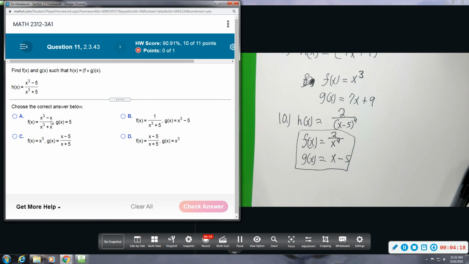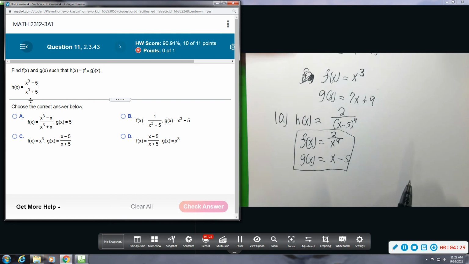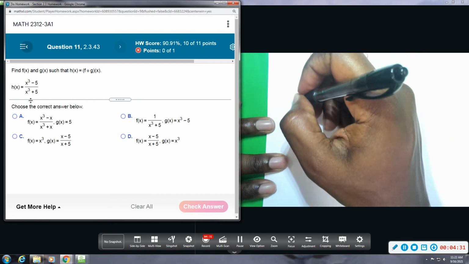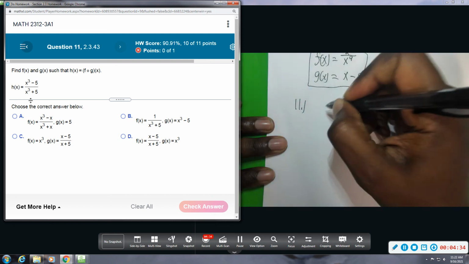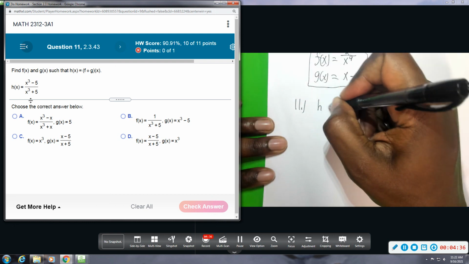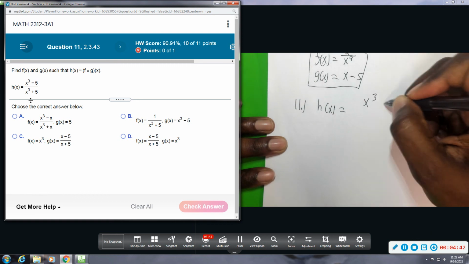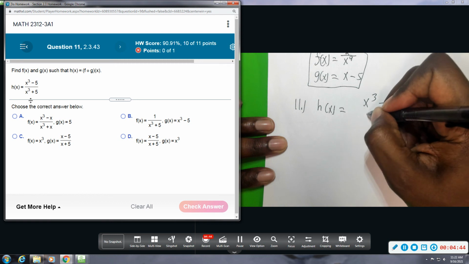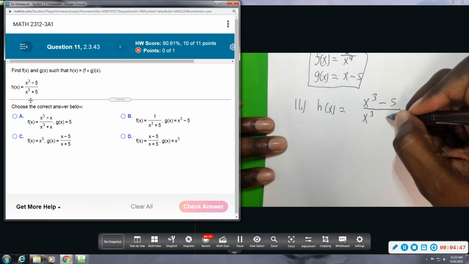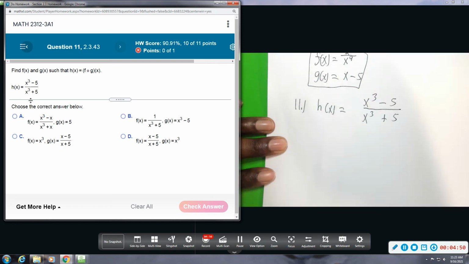And then for F, we want to do the same thing. We just want to pick out which one works. There's not really an inner outer here, but this is the way I would think about it. H of x is given by x cubed minus 5 over x cubed plus 5. Where I have the x's, they're exactly the same. So it's to the third power. That's what I would call my